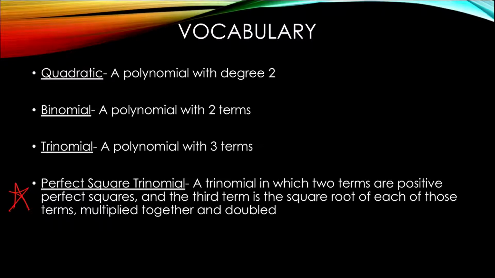A perfect square trinomial. It's a trinomial in which 2 terms are positive perfect squares, and the third term is the square root of each of those terms multiplied together and doubled. I'm going to take a minute and read that one more time. A trinomial in which 2 terms are positive perfect squares, and the third term is the square root of each of those terms multiplied together and doubled. Alright,